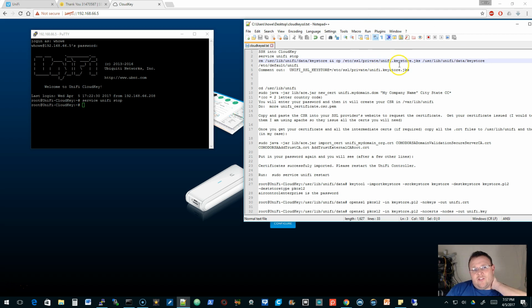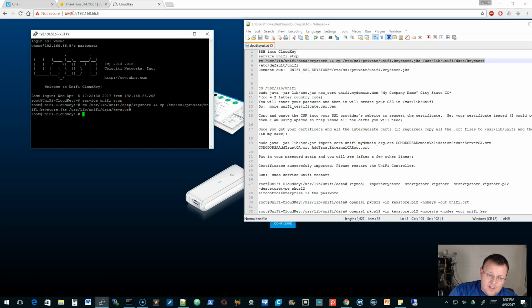It's called something different, and there's just a symbolic link. So what we're going to do is break that symbolic link and make a copy of that file and actually stick it out there in that UniFi data directory. So we're going to grab this command. Okay, that is done. Now we're going to go over to the /etc/default